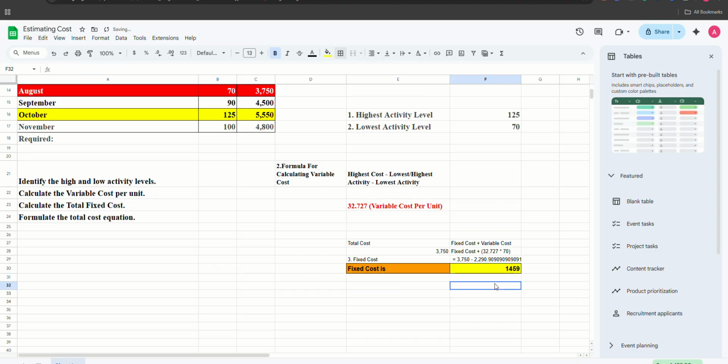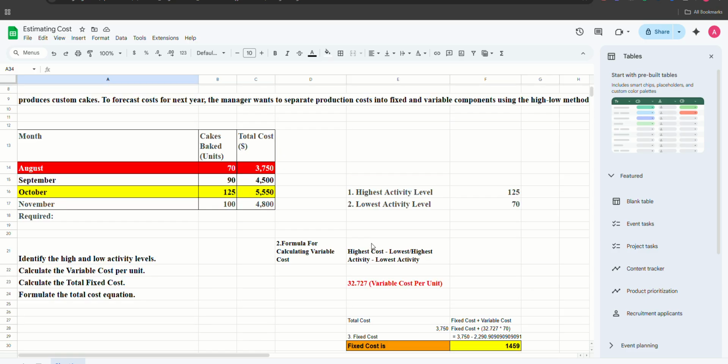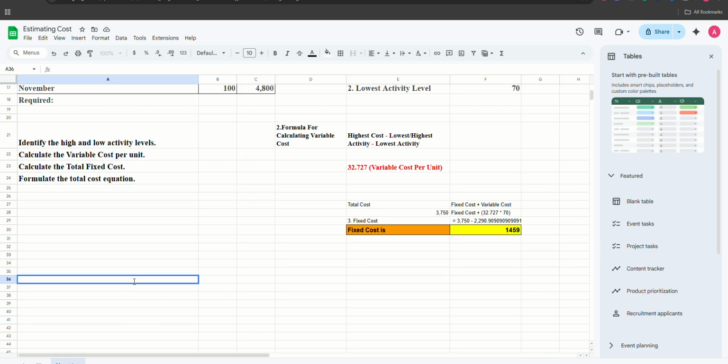Now I'm going to formulate the total cost equation, which is another requirement of the question. So let's formulate the total cost equation, which is 1459